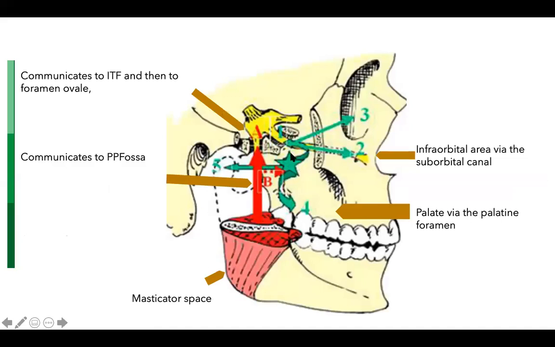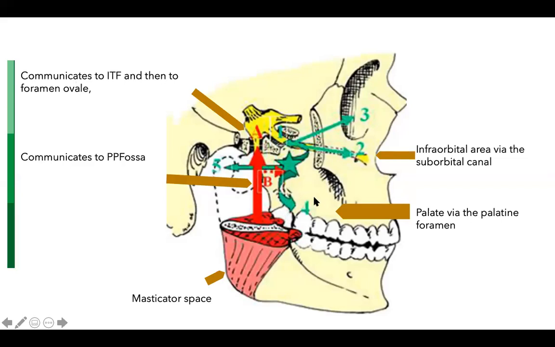Why is this space so important? This space is important because this communicates with areas which are risky for a buccal mucosa or an alveolar or an RMT cancer. These are the three cancers when we talk about buccoalveolar cancers. These are the three cancers that we are interested in. So through this space, these cancers can travel to the ITF and then to the foramen ovale. They can also, maxillary sinus tumors can involve the infraorbital canal, and that is how they can track to the maxillary nerve and then to the foramen rotundum.